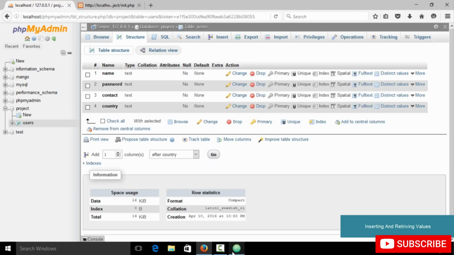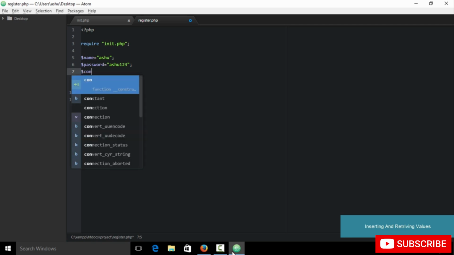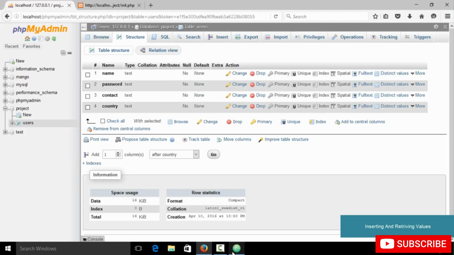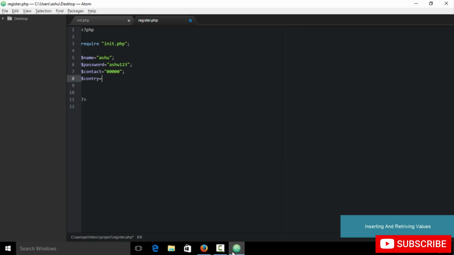And now the next thing which we pass in is the contact number. So I pass in my contact number. So we type $contact equals, and let's say my contact number is 0000 and 0. And after this we pass our country. So again we type in $country equals, and type in the country name. Okay, so once we have these 4 variables set up, then we form a SQL query